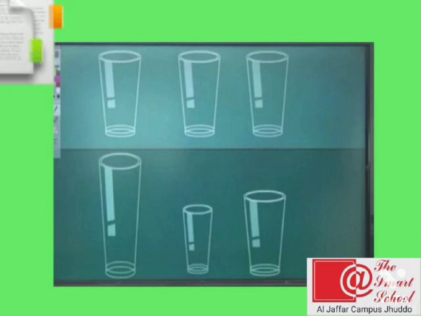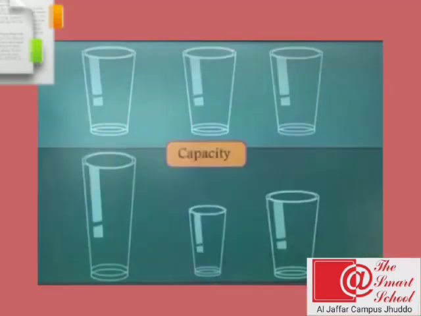Well, this one is Ali's glass, the second is Ahmad's, and the third is Abdullah's glass. Now these glasses are different from each other, in which they serve milk every day at their homes. So what difference do we find in these glasses? Definitely there is a difference. Ali's glass is much bigger than this glass. So Ali is habituated to drinking more milk as compared to this one because it carries more capacity. So that's why Ali is feeling hungry.